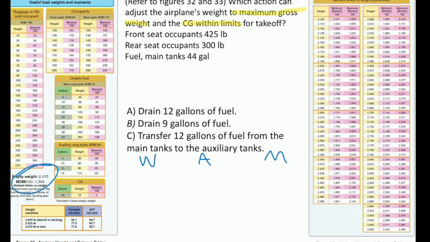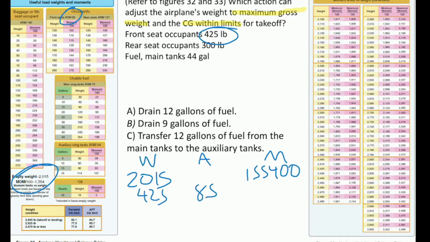We know empty weight, 2015, arm and moment, 155400. We got front seat occupant of 425, so 425 and 85 gives us a moment of